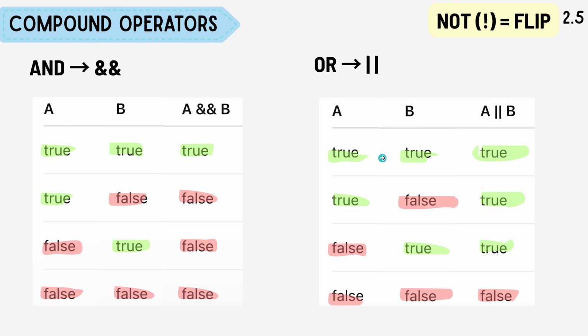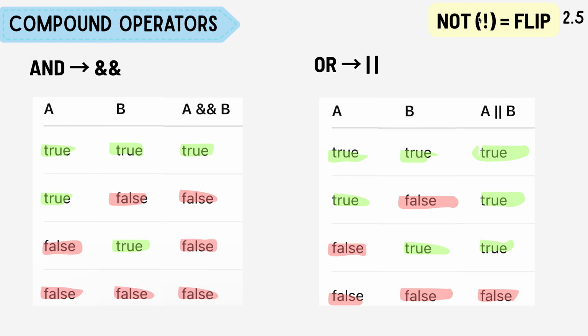Differently in the OR operator, if you have a single true in the function, so true, true, true, true, it's just all going to be true. You just need one true for either to be true. So another thing to make sure of is the not symbol that we mentioned, the first,